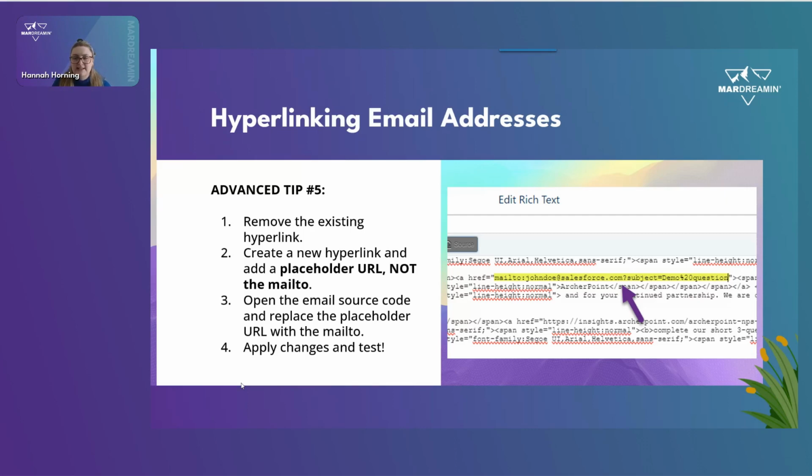What I've done in the past for our templates is remove the existing hyperlinks, then go into the HTML side and copy and paste my written HTML. So I put the mailto directly into the HTML, and I've not had any issues since I started doing that. Obviously, test everything, these workarounds, but this is a workaround that works